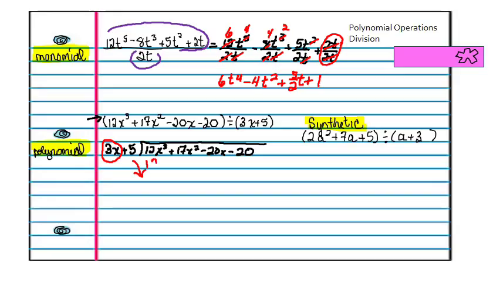So what I need here is actually a 12x to the 3rd power. So I look at the 3x and decide, what am I going to multiply to the 3x that is going to give me a 12x to the 3rd power? Now we can't go into just the monomial here because we have a binomial, 3x plus 5. We have to go into the 12x to the 3rd power plus the 17x squared. We've got to go into a binomial into a binomial. So to get my 12x to the 3rd power, what we need is a 4x